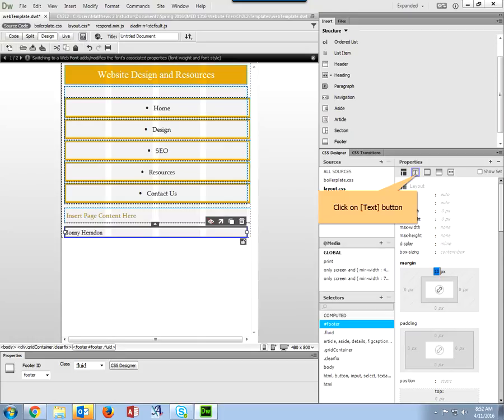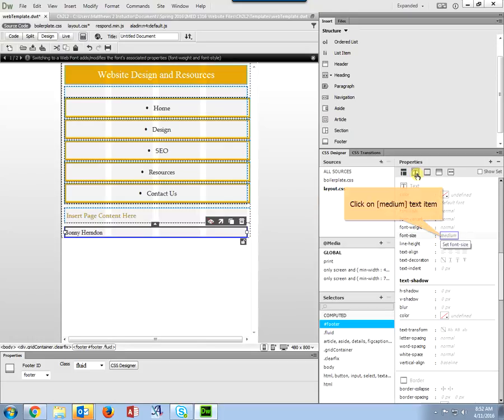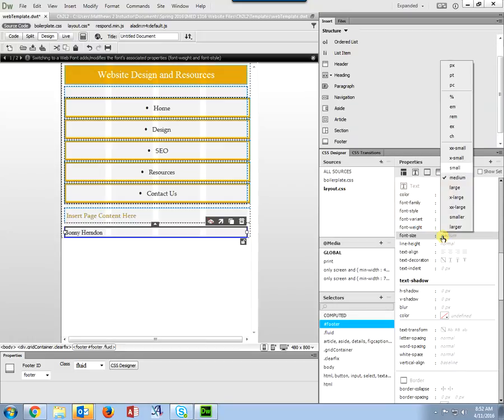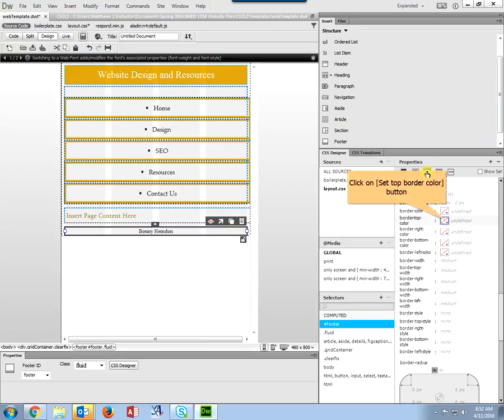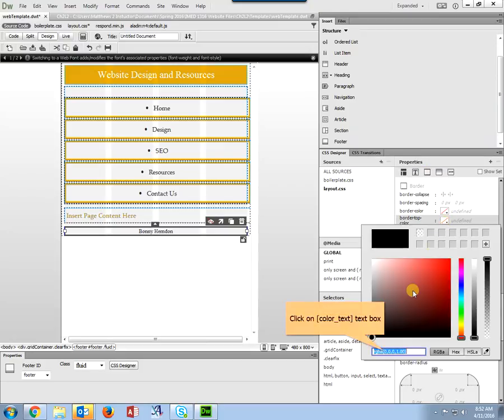The font size, go to fonts, font size is going to be small. The text align is center. The border top color,